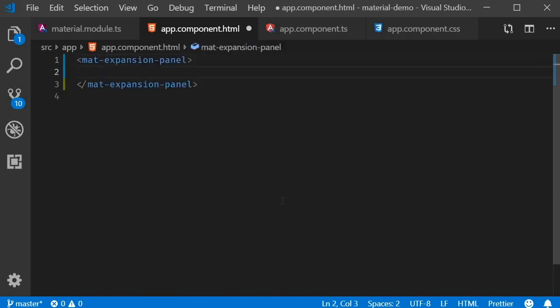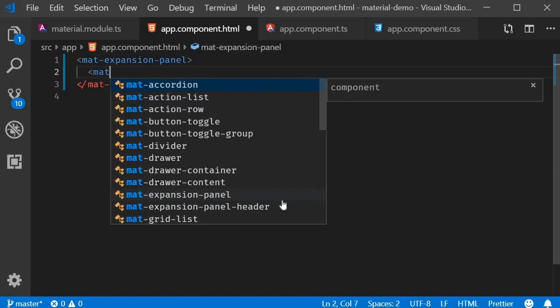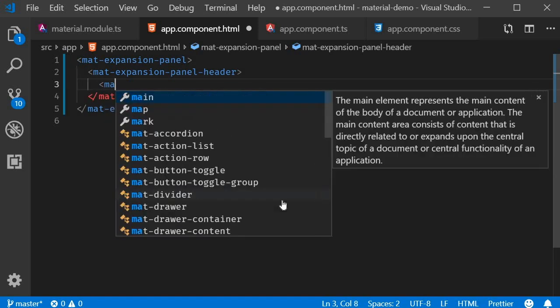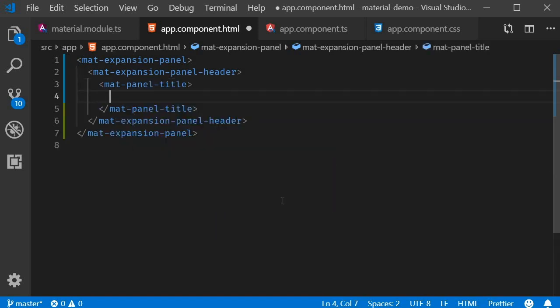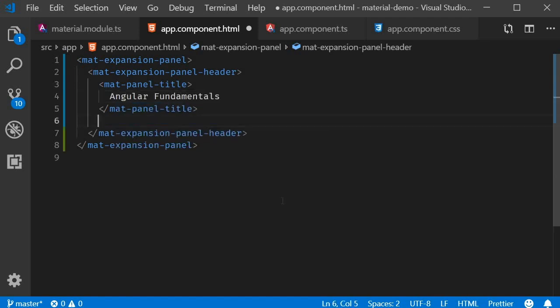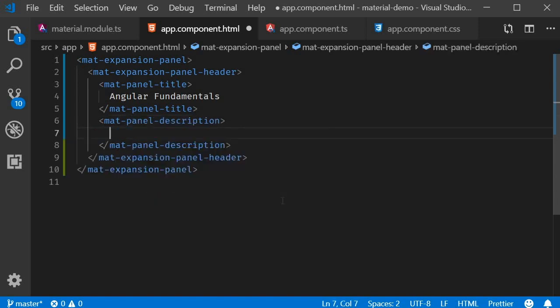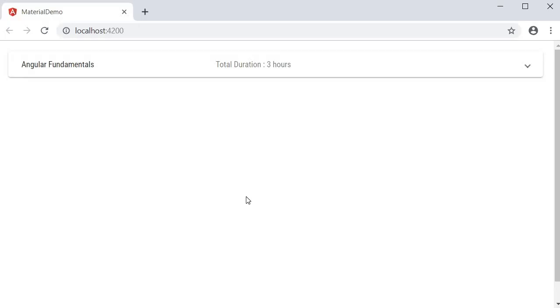Every panel must contain a panel header component. It is this header which is displayed when the panel is collapsed. A header can contain a title and a description. We use mat panel title to add the title Angular Fundamentals and mat panel description to add a short description for the panel. Total duration 3 hours. If we now save the file and take a look at the browser, we should have